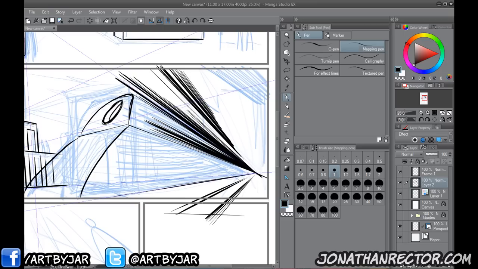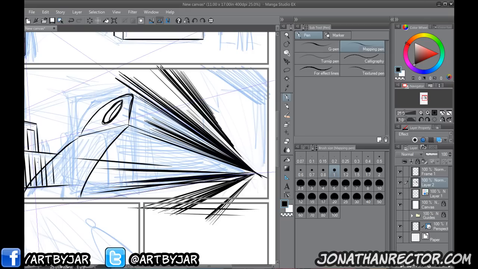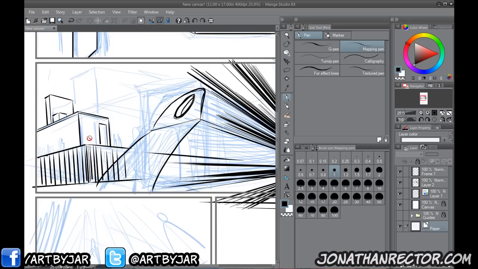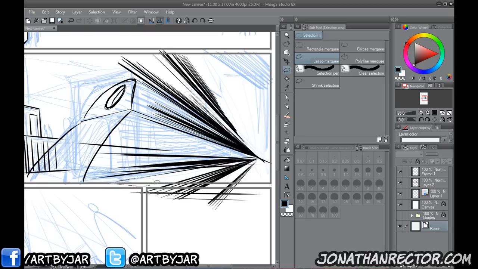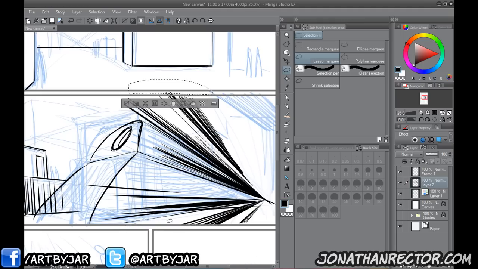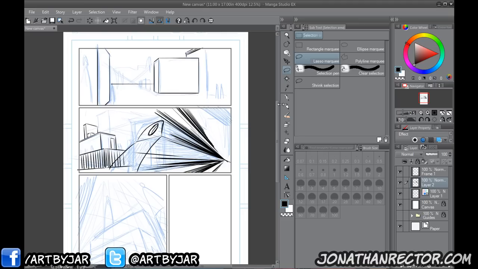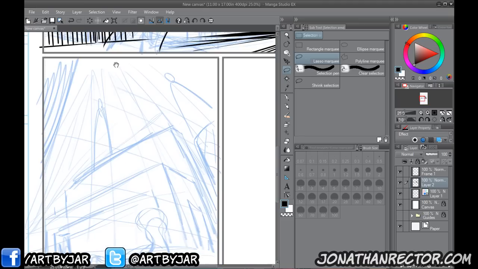But my hand when I'm doing this, I feel very sloppy doing this. Some of those lines aren't going 100%, but hopefully you guys can kind of see what I'm getting at. Let me delete that perspective ruler because we're not going to need that. And just clean this up so it's not spilling over into the other layers. The one thing that I definitely do like about this over Manga Studio 4 anyway is how fast you can start throwing in perspective. Now I realize these are all very ugly.